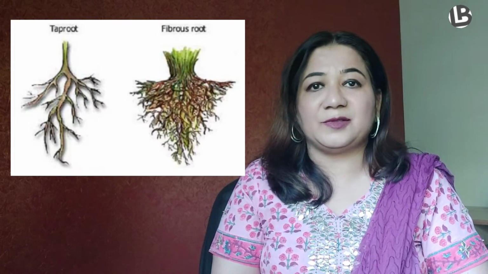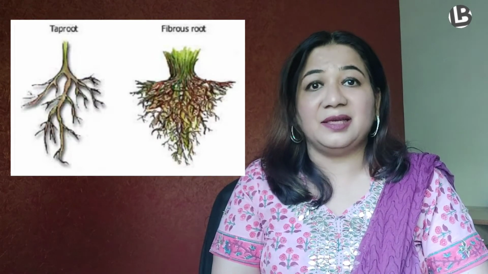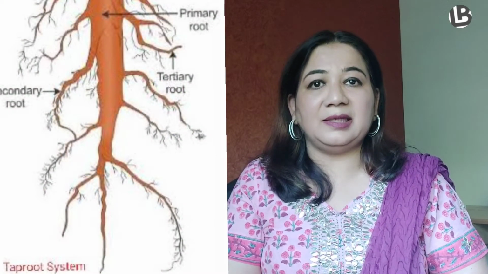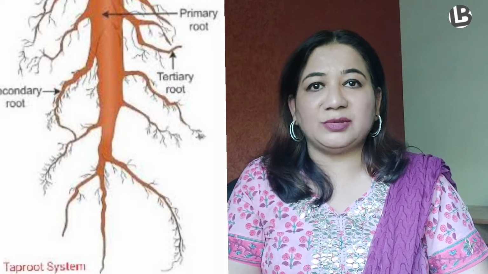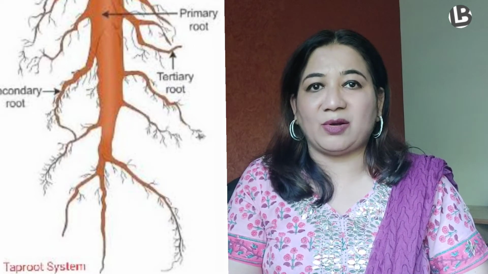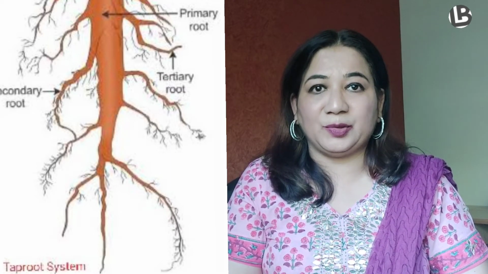So there are many types of roots. So let's focus first on taproot and fibrous roots. The taproot system has a single primary root going down deep into the soil with secondary and tertiary roots coming out of it. So there is actually one primary root in this case. In case of fibrous root system, there is a bunch or a cluster of thin fiber or hair-like roots coming from the base of the stem.